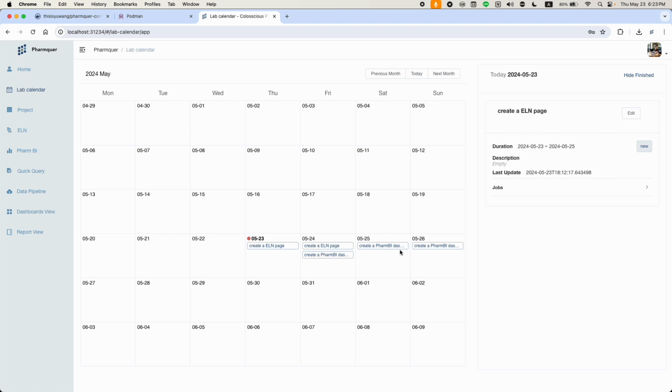Now we are going to add new jobs under the task. However, this operation cannot be performed directly. Instead, a new job can only be linked to a task from an ELN page or from BI. The idea is like we establish the task first, then we complete several jobs and commit them. Let's take ELN as our first example.